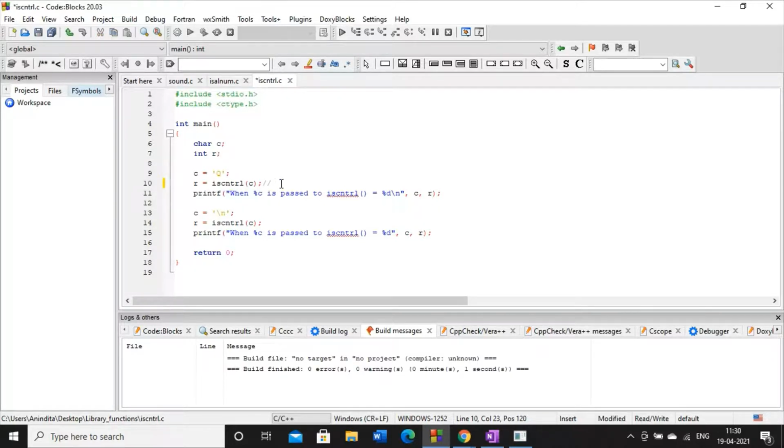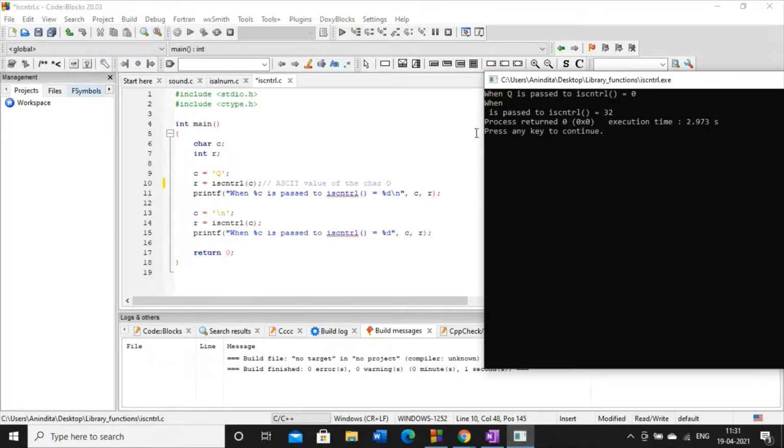We are not actually passing the character q as an argument. We are passing the ASCII value of the character capital Q. That's why we are expecting this kind of output.